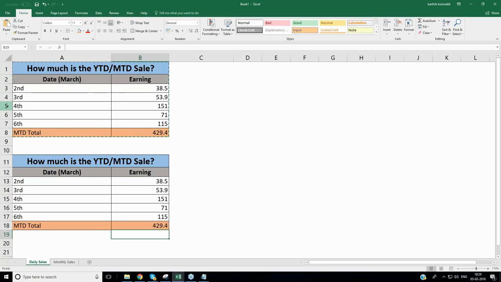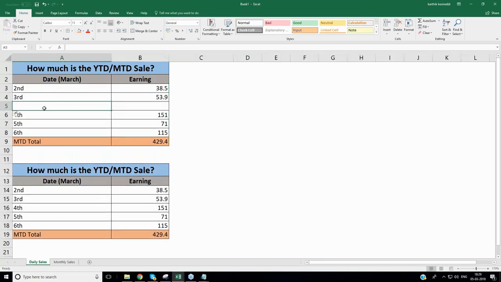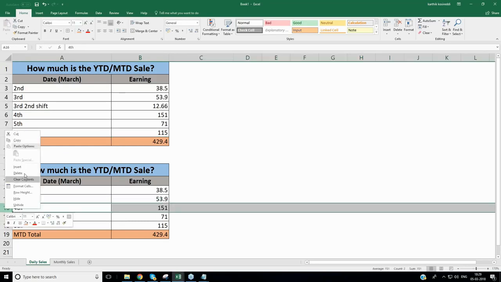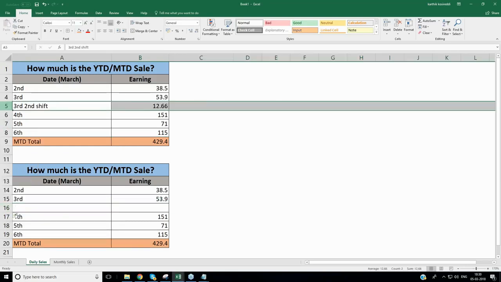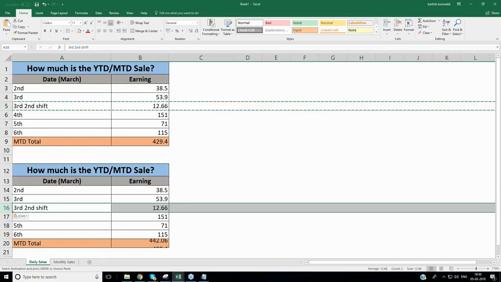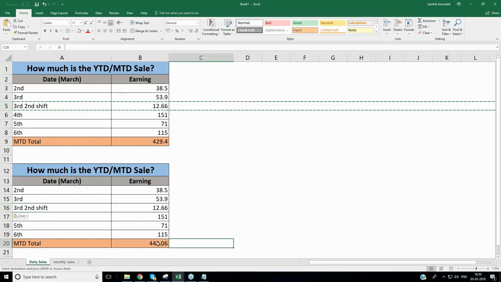Let's just say I insert a row here, and I put 12.66. Did this get updated, team? No, right? Okay. Insert, copy, paste. Did this get updated? That is the difference. In Excel, you've got options to choose what and when.